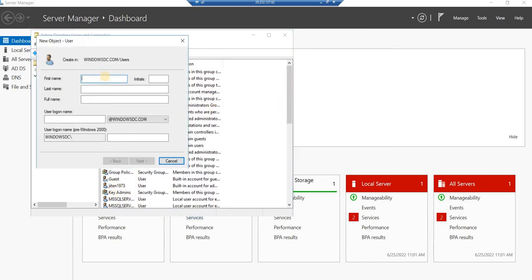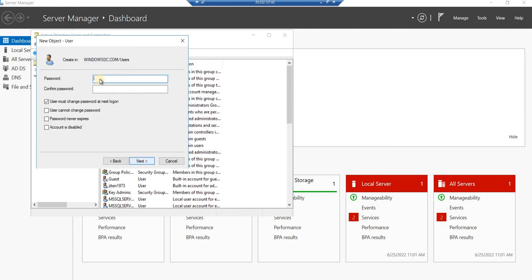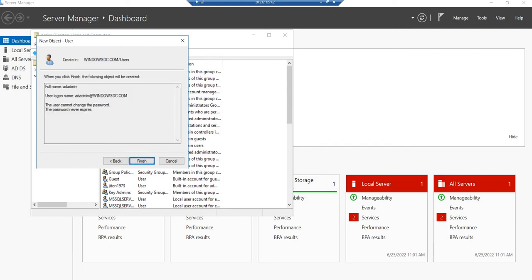I'm giving the name here as AD admin, okay, AD admin. Click next. Password, I would suggest to keep the same password, okay. User must change the password, remove this. User cannot change the password, and password never expires, right? Make those changes, then click next, and then finish,